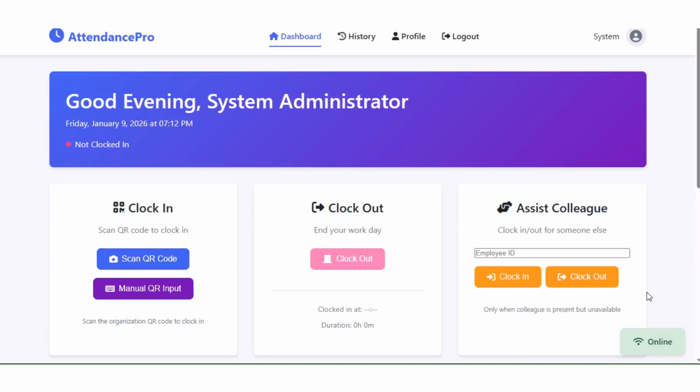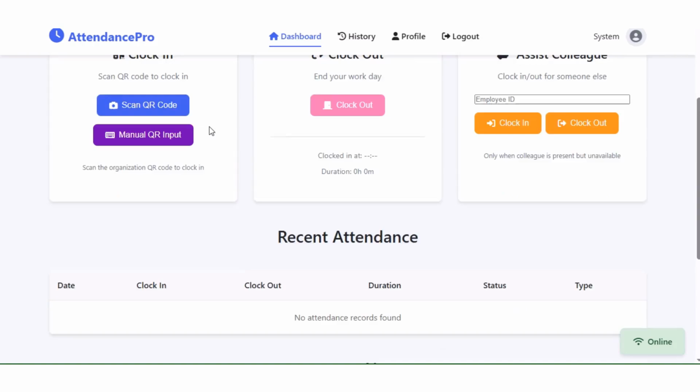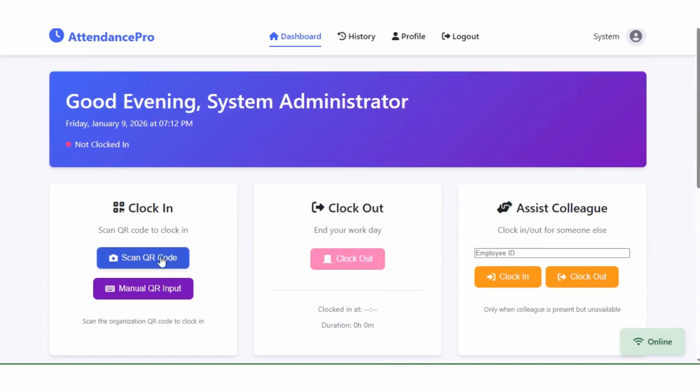Okay, all right, so here is the interface for all staff, all users. So you can see clock in, you click on clock in, scan QR code first. Okay, of course you cannot clock out because you have not clocked in. Okay, so you have to scan QR code. You can see it's telling me not clocked in, red. So when I'm clocked in, it will show what, green. Okay, then here you can also assist colleague,